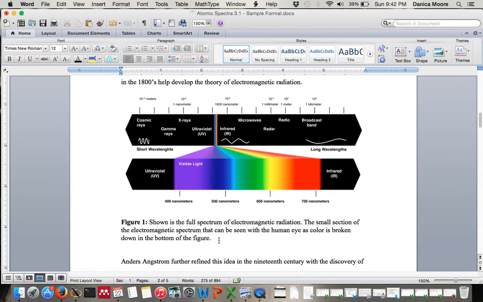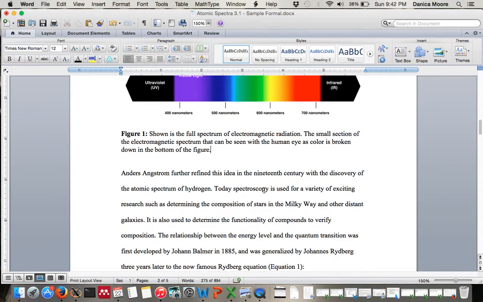So the idea of a figure title and a figure description is that you want to make sure that the figure can stand alone. So if I didn't have the body describing the context of why this figure is here, I could just look at the figure and understand exactly what I was looking at. So that's the idea of having this description down below. In this case, it's fairly obvious what we're looking at. We've seen this figure many times before, but the point is that there will be more abstract figures that you'll need to explain a little bit more. So just get into the habit of doing this, and it will make everybody's life easier when they're reading your